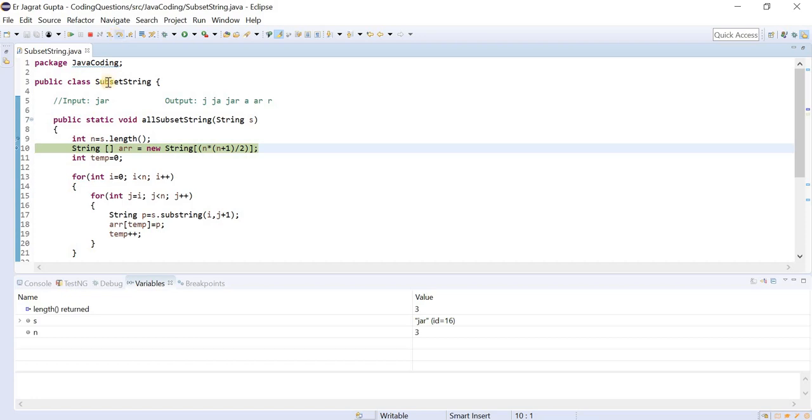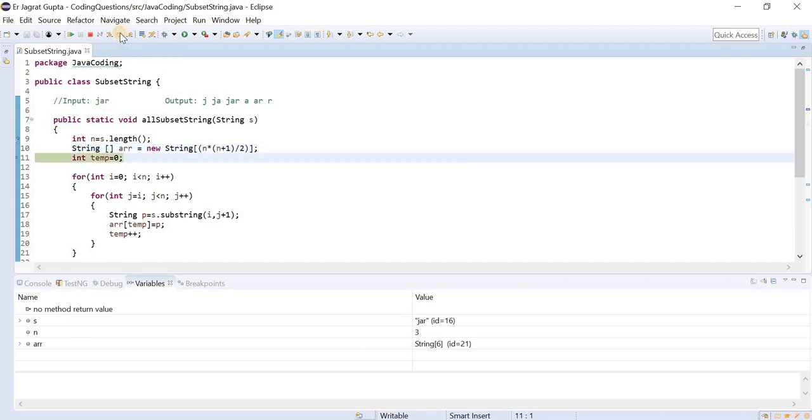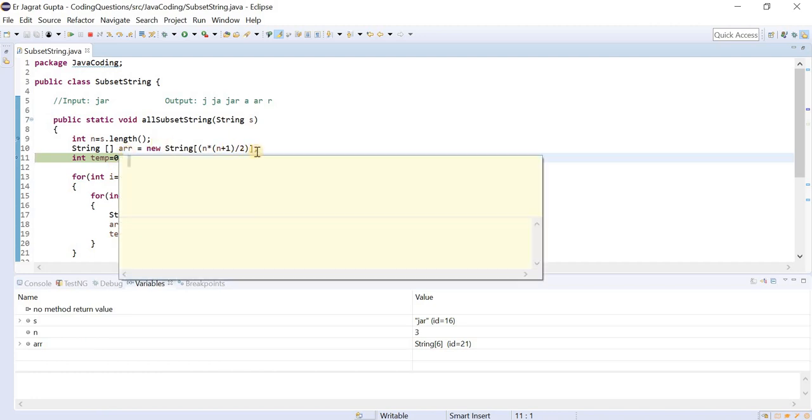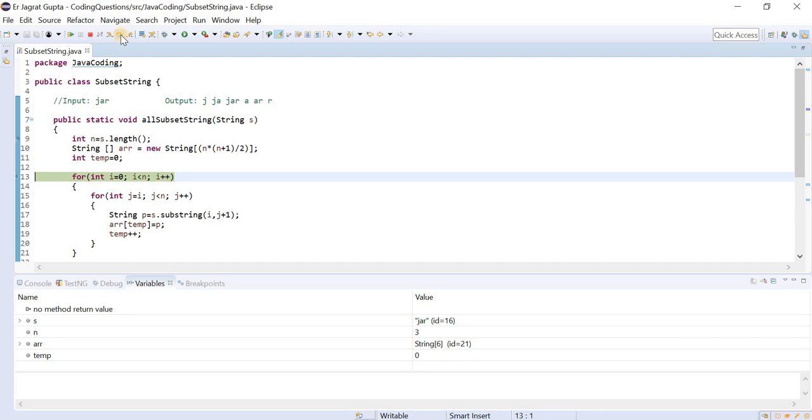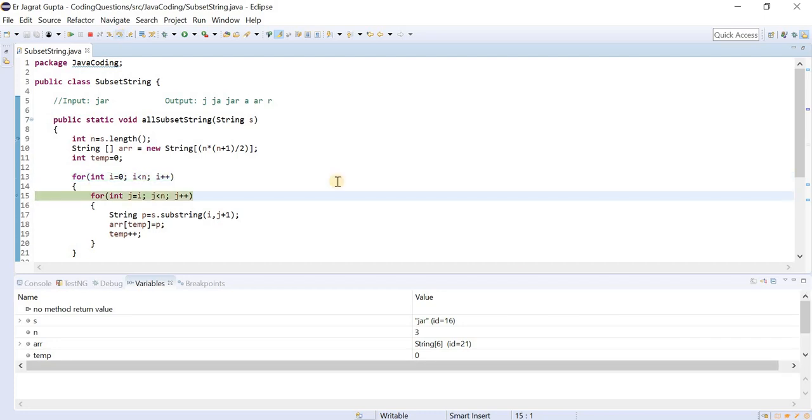You can see that initially the length is equal to 3, which is fine. This is our input string, and then the length of this array is n into n plus 1 by 2, that is 6. Then the value of temp is 0, and here we start the loop.